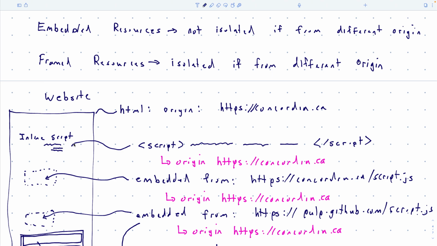The browser just says, you want code, I don't care that it's coming from GitHub, you're trying to run it on concordia.ca, and so I'm going to treat it just like you copied and pasted that code into the HTML. That's the way I'm going to treat it, and that's the way it's going to run. Okay, does that make sense? So that's the mental model for how it works.